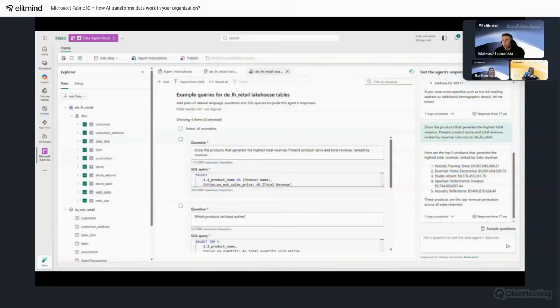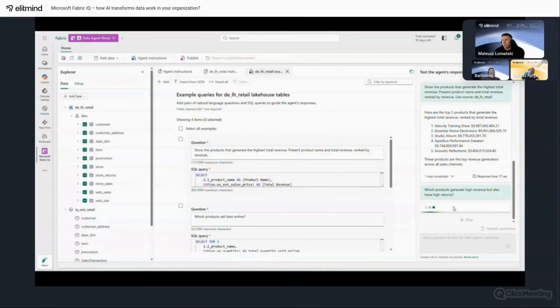Let's ask a more complex analytical question that requires the agent to combine multiple metrics. Which products generate high revenue but also have high returns?